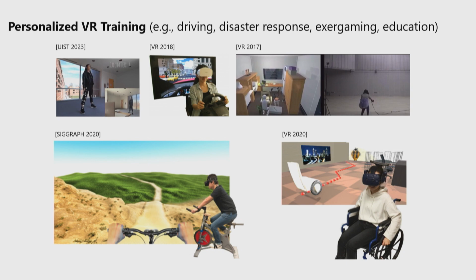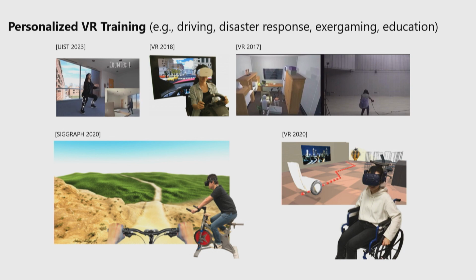So another big direction, of course, is using virtual reality for purposes like training and application. And here we are especially looking at personalized VR training, right? So you know that in virtual reality, we have complete control of everything, right? So we can control whatever events happen. We can also very closely track the human responses to different stimuli in the virtual environments, right? So having those abilities allows us to personalize virtual reality experiences, right?